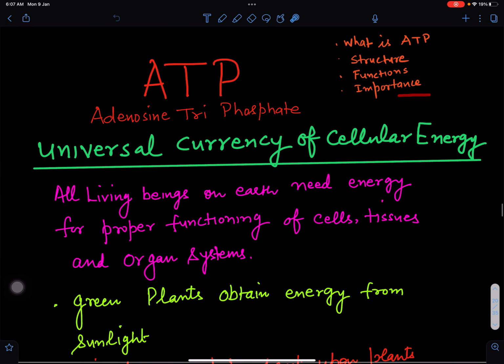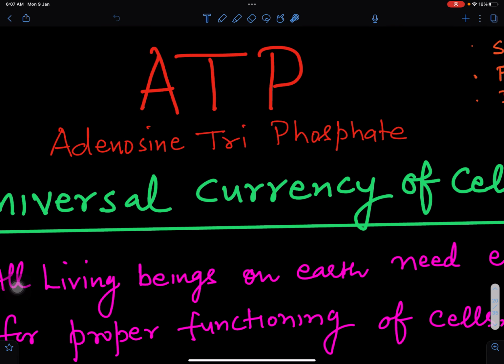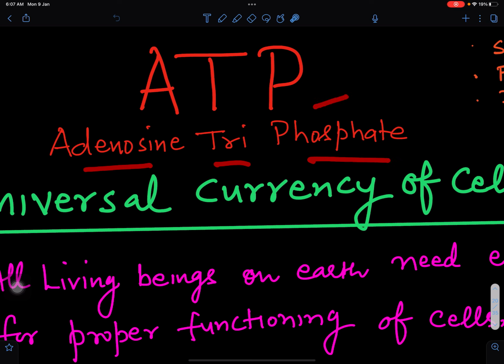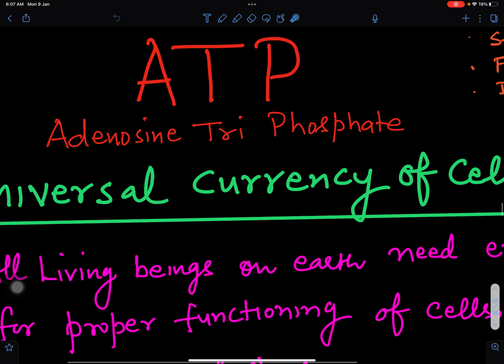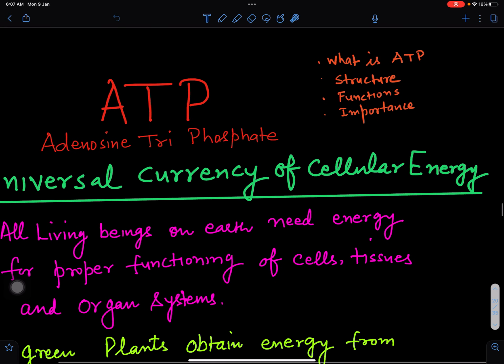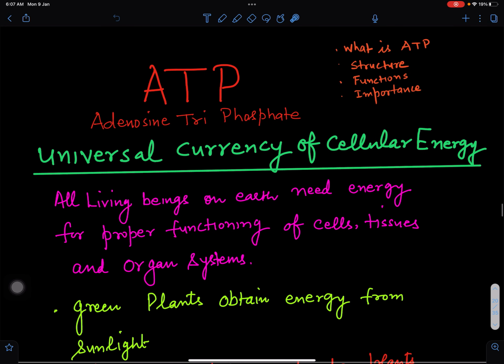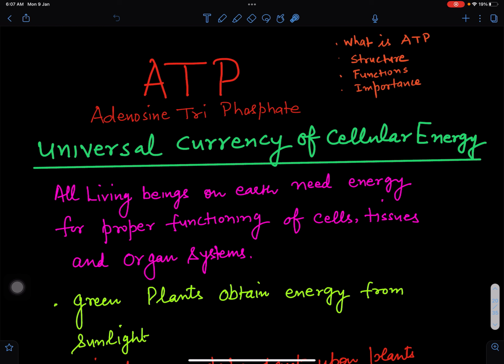So, as we discussed, ATP's full form is adenosine triphosphate. It has three phosphates and a nitrogenous base called adenosine. ATP provides a lot of energy to tissues and for various metabolic activities. So this is also called the universal currency of cellular energy, because in living beings, in the cell, this provides energy for all the activities, and this is found in all living beings, so this is called universal